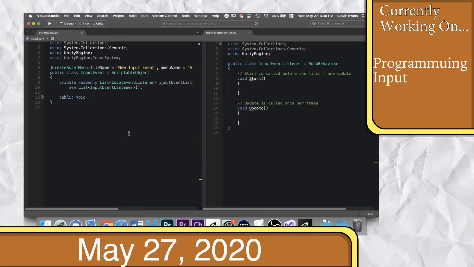Public void. Okay, so here we've got a list of all the things that are listening to it. Basically, this file over here is our radio station, and over here are our radios. So we're going to get a list of all the radios that are connected to us. And when someone calls this, player index,